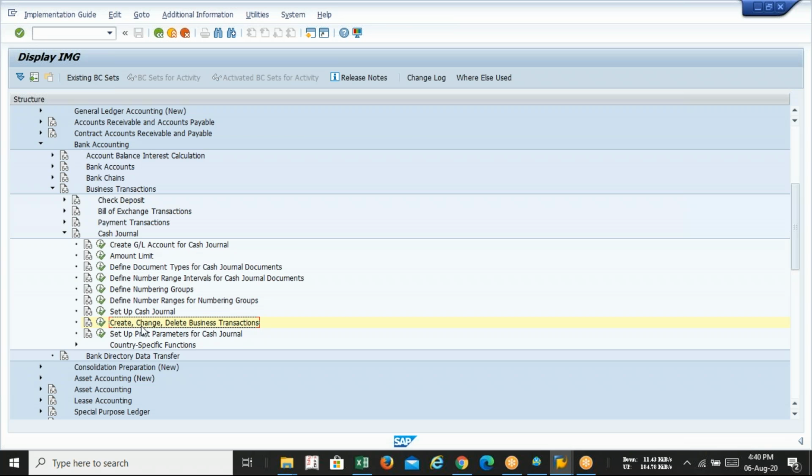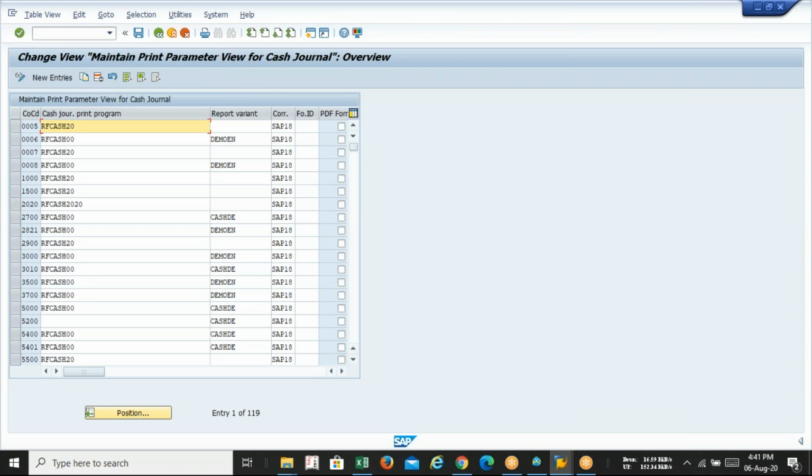Now, finally, print parameter for the cash journal. The print parameter is required in SAP for printing the receipt, payment receipt, incoming payment receipt or outgoing voucher. So click on it. Nothing to do, just select the default one. The cash journal print program RFCASH20 is the default, with correspondence SAP18.